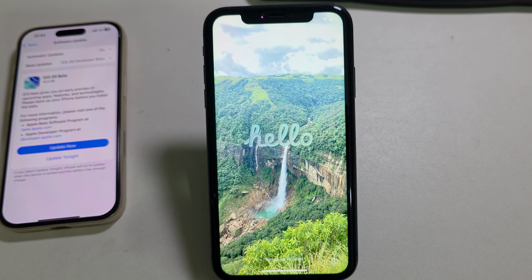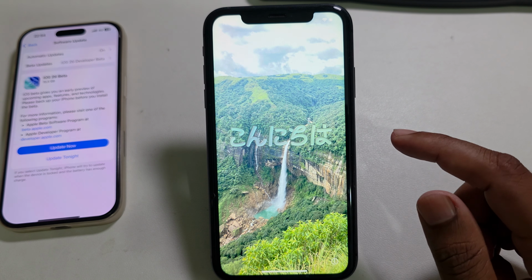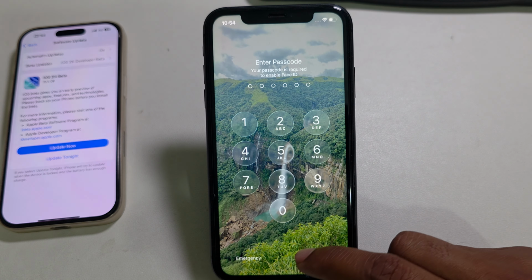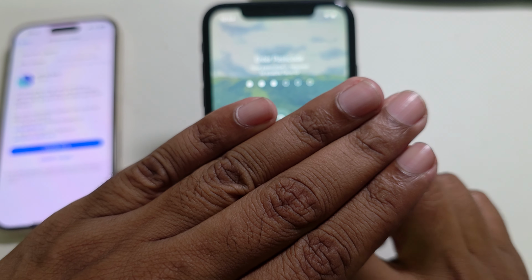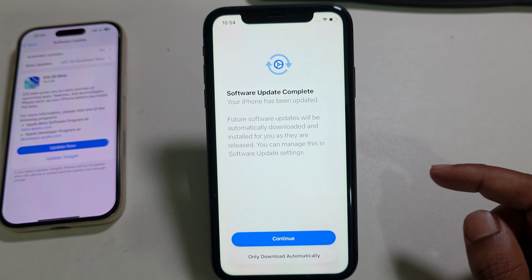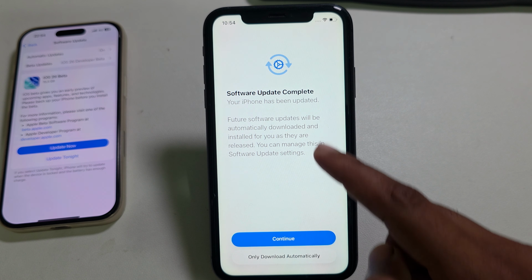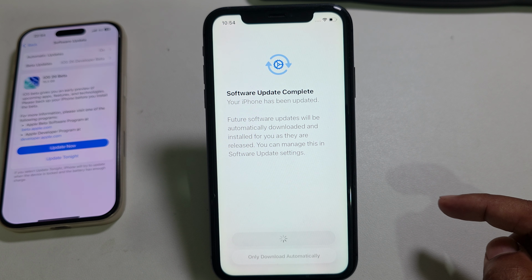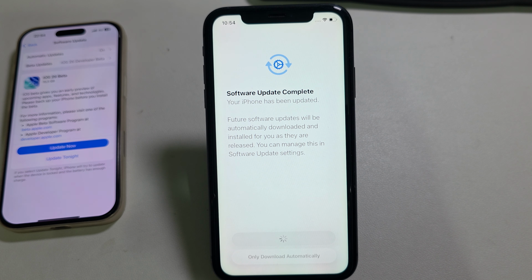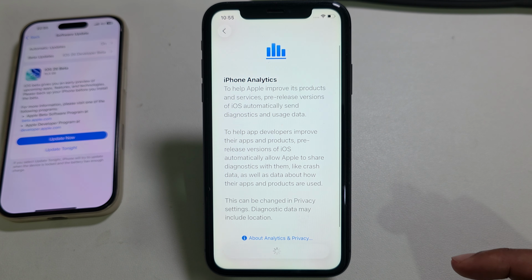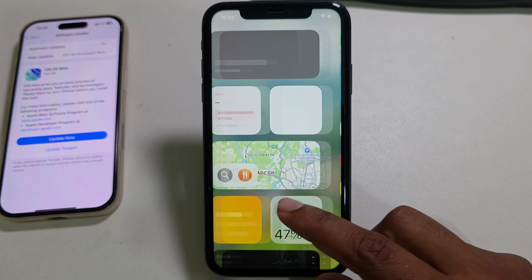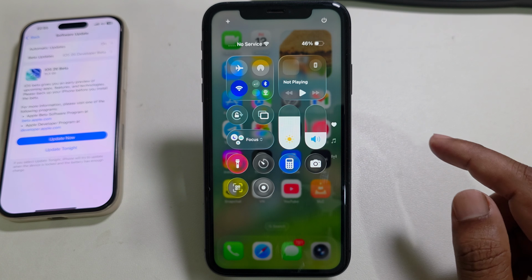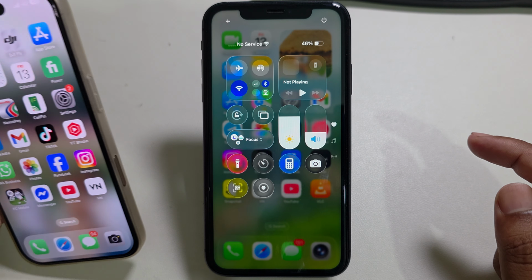Now the download is complete and it's coming up with Hello. To skip it, swipe up and you can see the transparent lock screen. Press on Continue. And again press on Continue. Now it's done. Let's open the control menu, and I am using the